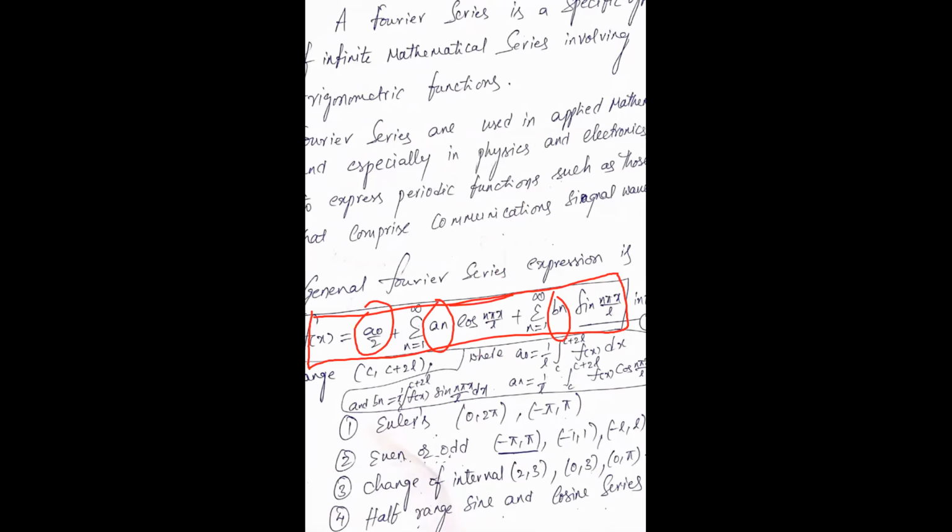So this is the multiple of cos, and a naught by 2 also is a multiple of cos, because generally the multiple is 1. We have to write 1 as cos 0x. So the first two functions are cosine functions. Cos is always even. Your first two functions are cosine functions or even functions, and the last one is called the odd function. So we have to write the definition individually.